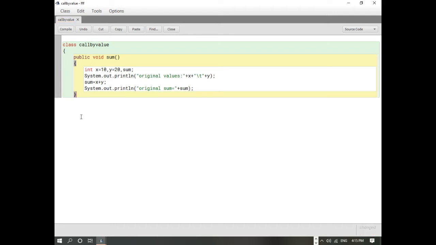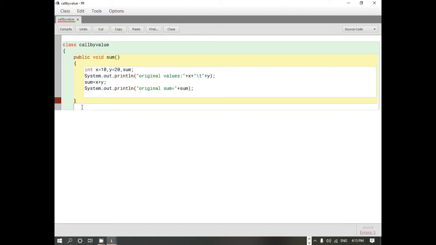And now first let's create a function where we are going to pass the arguments using this call by value method. So let that function be test, using the name as test.